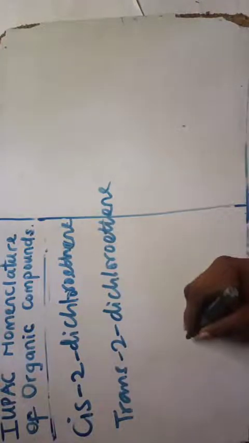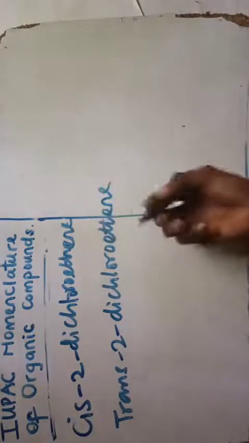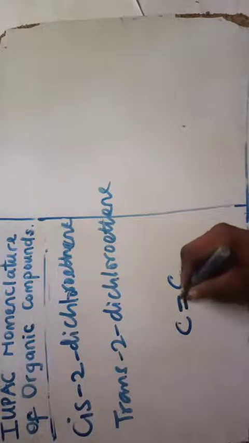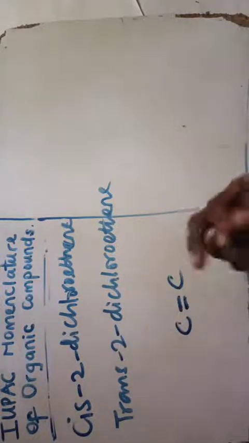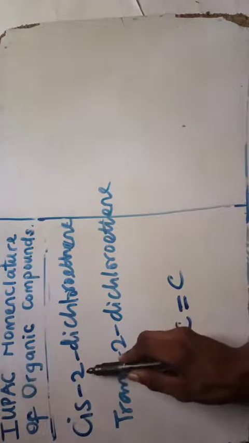So now you want to name cis-1,2-dichloroethane. It's just your dichloroethane, ethane rather. Ethane is 1, 2, but it has a double bond. Since it has a double bond and dichloro, that means chloro is present twice and is situated on number 1 and number 2. That is to tell you it is 1,2, not 2,2.